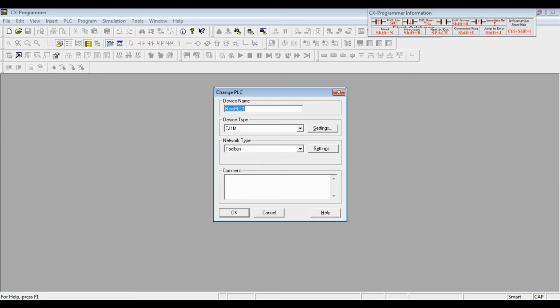Now let's continue. I should fill the configuration here. RTC time, and device type CP1L, and network type is USB. Okay.